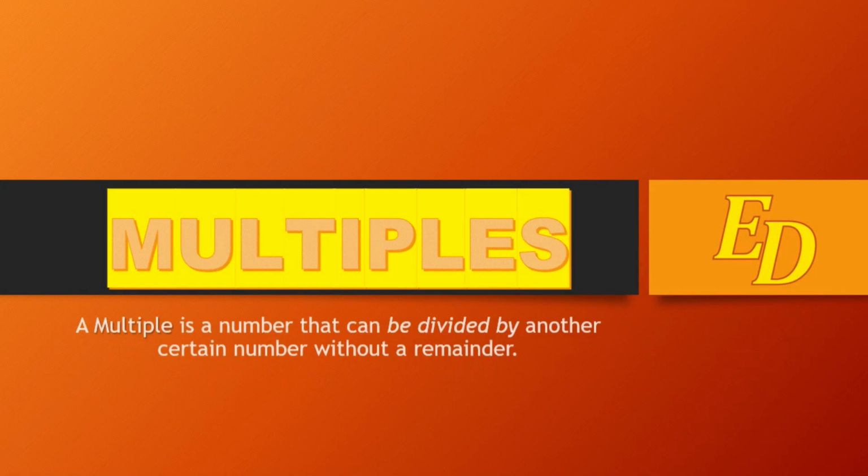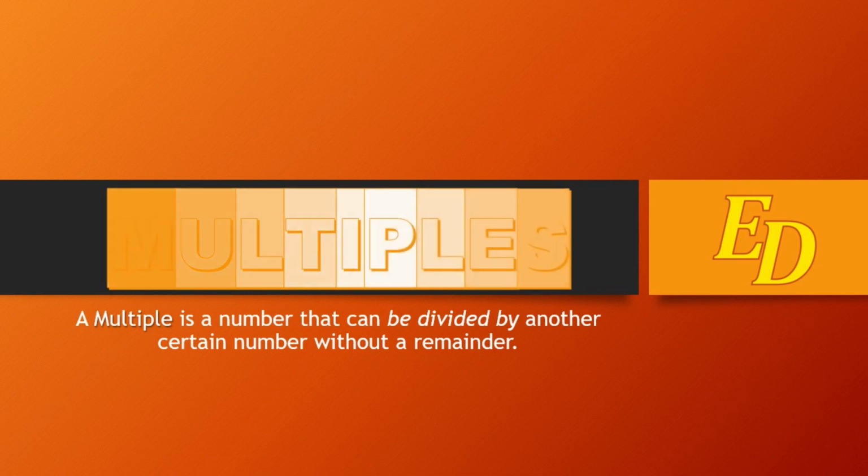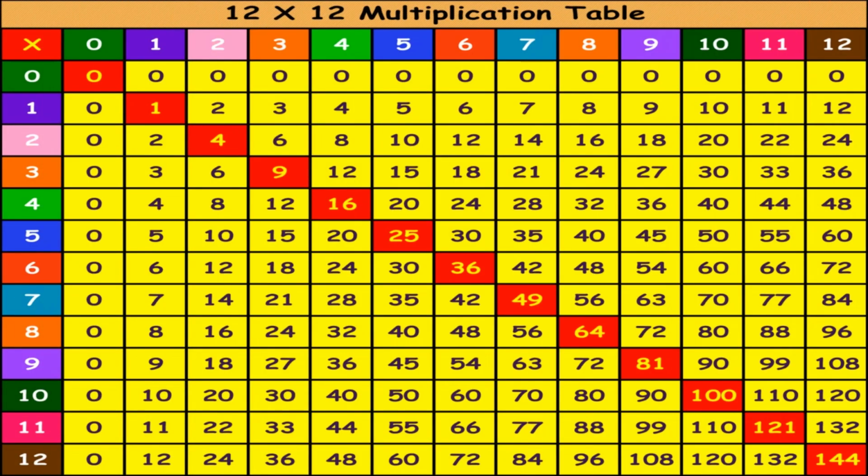A multiple is a number that can be divided by another certain number without a remainder. This is a 12 by 12 multiplication table which shows the products of numbers 0 to 12. And the numbers in red are called perfect squares or square numbers, which is the product of a number multiplied